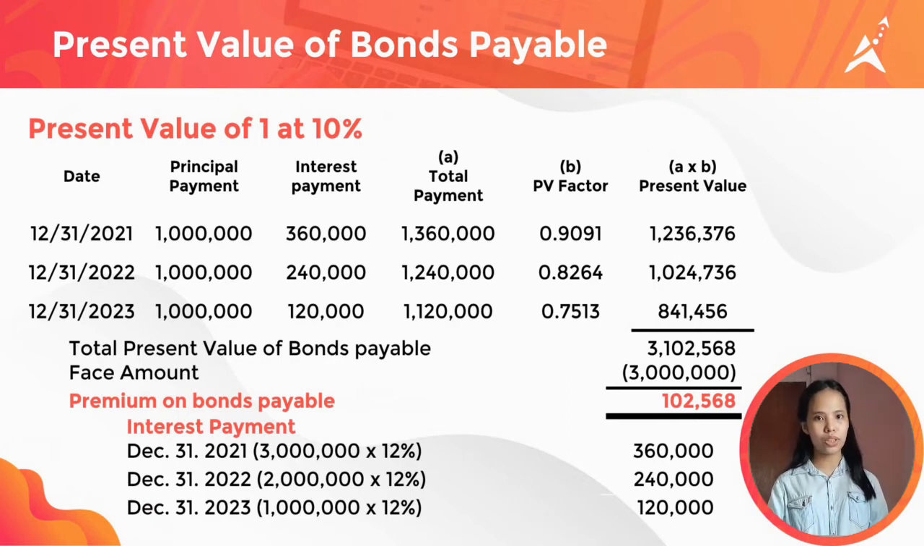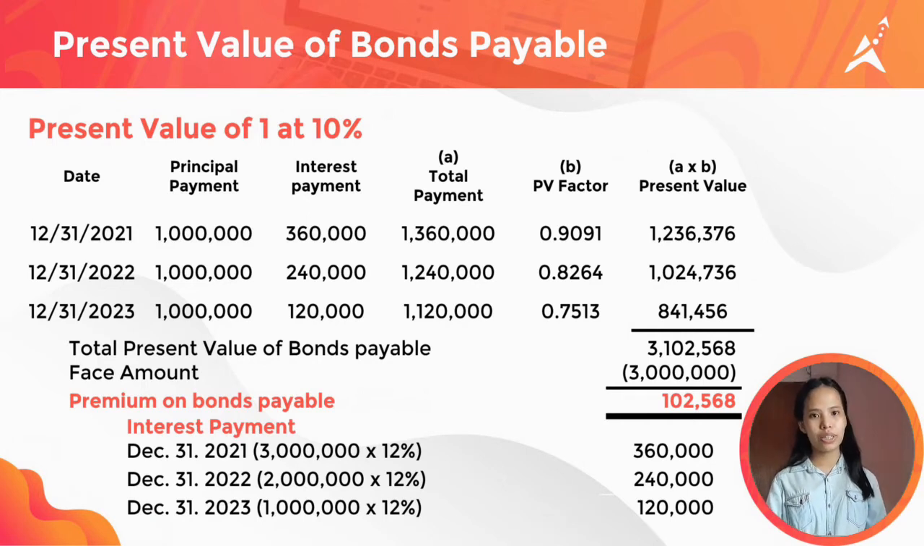The fourth column is for the total payment. You just need to find the total of principal payment and the interest payment. The fifth column includes the PV of 1 at 10% for every period. Then the last column is for the present value. You only need to multiply the total payment and the PV factor. So to find the present value of bonds payable, just add all of the present values written in the sixth column. The sum would be